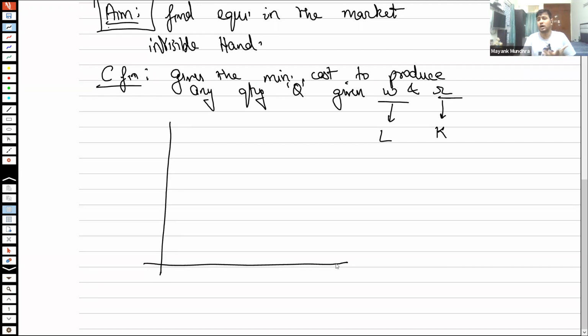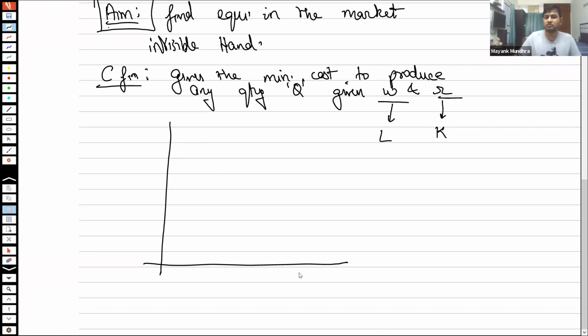So suppose you are, let's say, a road constructor. The government has opened up a tender to build 100 kilometers of highway. So you want to apply for this tender. In order to apply, the first thing that you need to know is what is going to be the cost that you incur to build 100 kilometers of this highway. So that's why the cost function is very fundamental to understanding the producer's problem.